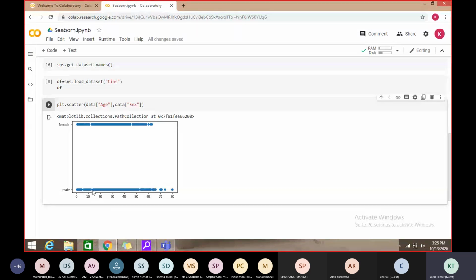So this is somewhere 15 to 52, 53, right? Beyond that they again become outliers for us. So this is the way that we can detect the outliers from our data with the help of this scatter graph.